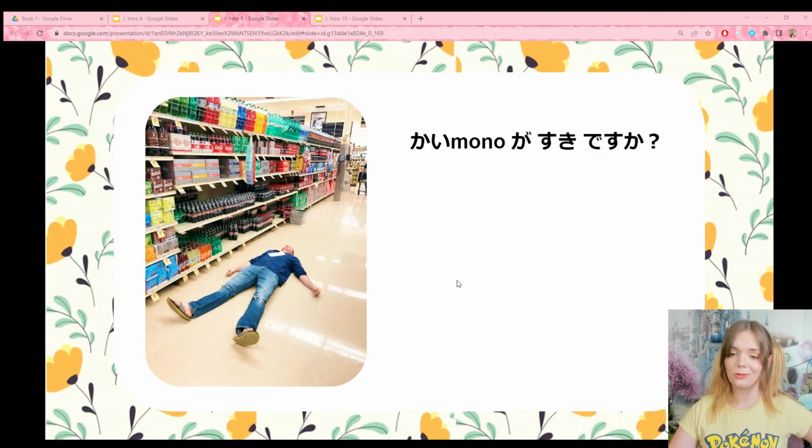All right, we're going to cut straight to the chase here. Take a moment and read the sentence. What do you think it says? Kaimono ga suki desu ka? What does it mean? Remember that the topic is hidden. If I wanted to say the whole sentence, I would say kare wa kaimono ga suki desu ka? Does he like shopping? What do you think? Does he like shopping? How can I say no? He dislikes shopping. What do you think?